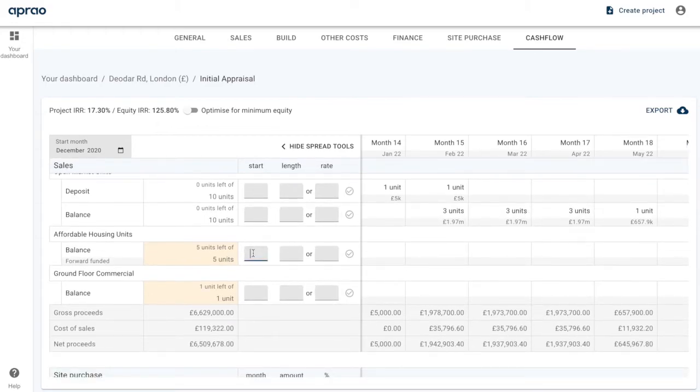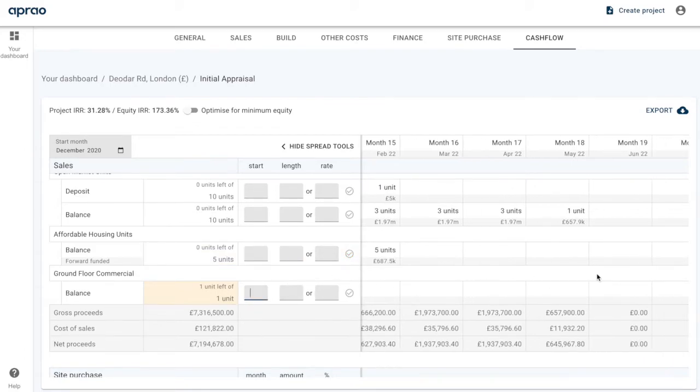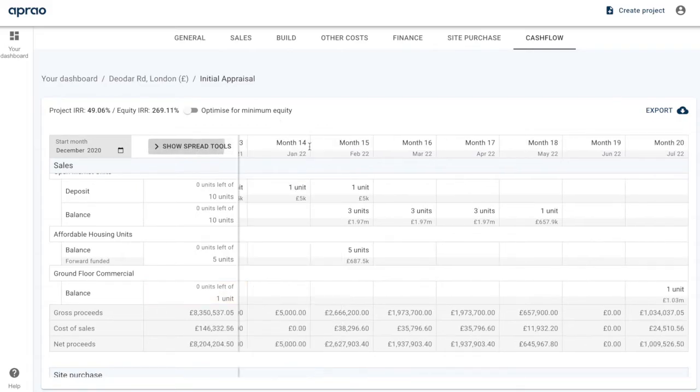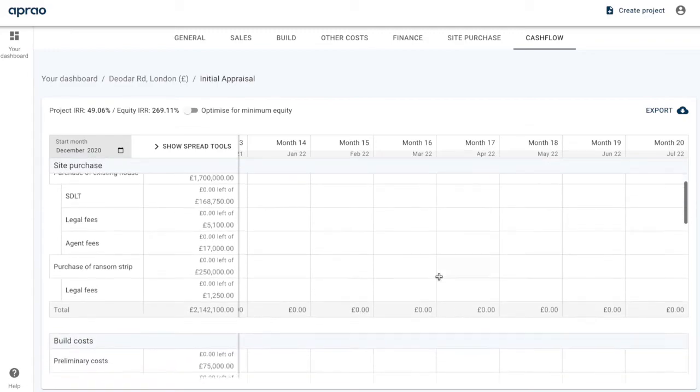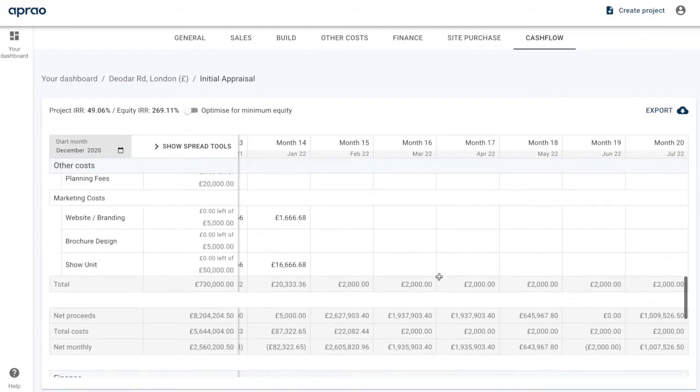With the affordable housing, that's just going to complete at the same time in month 15, so we can put the length of the sales phase at just 1 month. And then on the ground floor commercial, we're going to push that out slightly, so let's just say that's going to come in month 20, and that's obviously a single unit anyway, and that's all going to come in at that time. So now what we've done is we've created a detailed cash flow forecast in a matter of minutes,